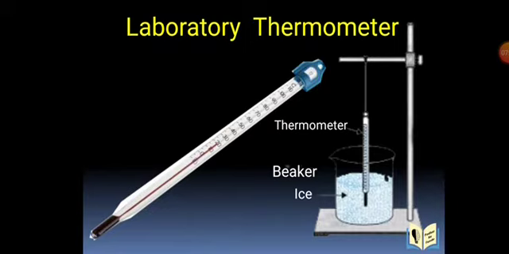The next thermometer is the laboratory thermometer. You can see here, mostly in this, alcohol is used in place of mercury because alcohol is cheaper than the mercury. It is not toxic also, and it gives a wide range of temperature. It can be measured from -10 up to 110 degrees Celsius. An object's temperature can be this much more also. So we need a separate thermometer for this, which is called a laboratory thermometer.